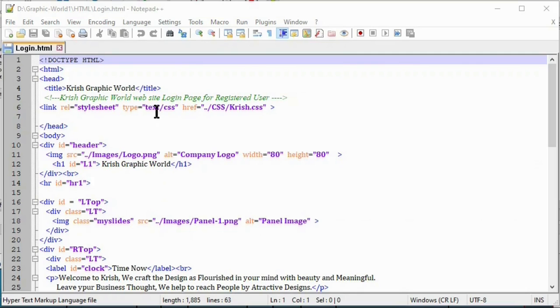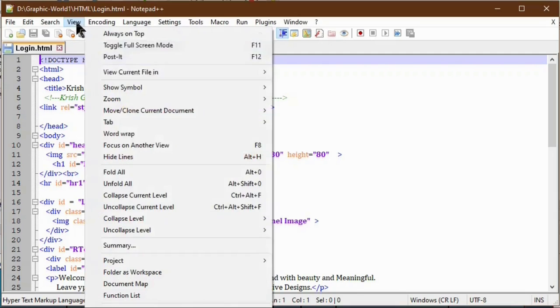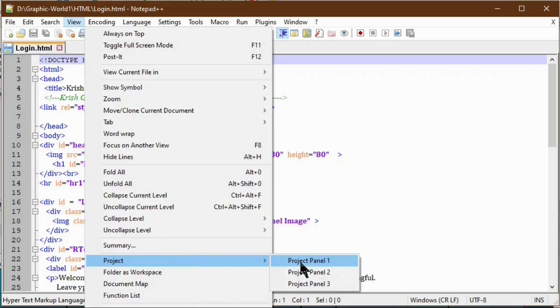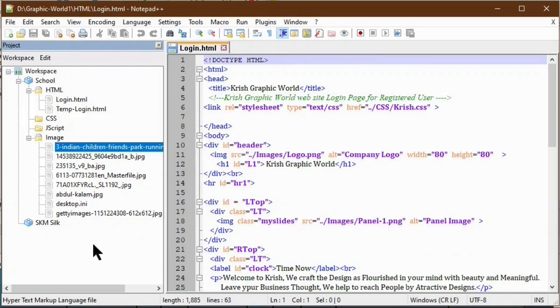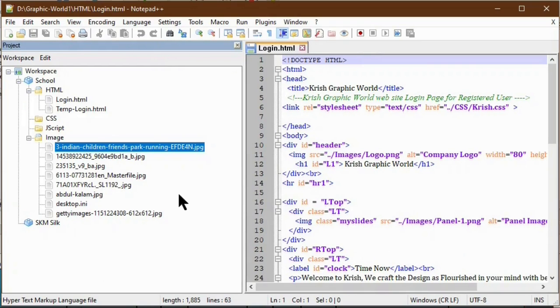For demonstration purposes, I have moved one file from the current folder to another folder. Now again I am opening the project panel. It shows all the files as if intact, but I know this file is already moved to another folder.